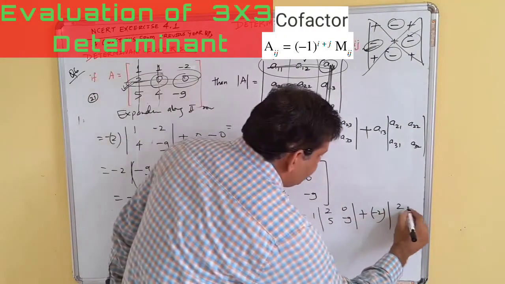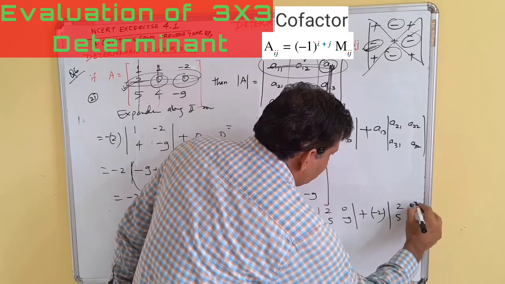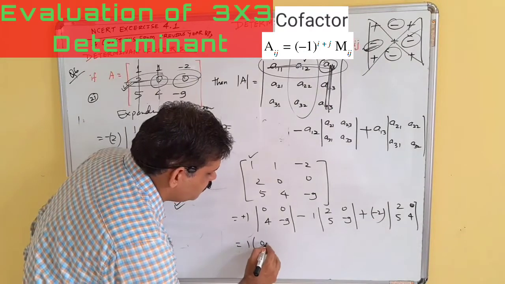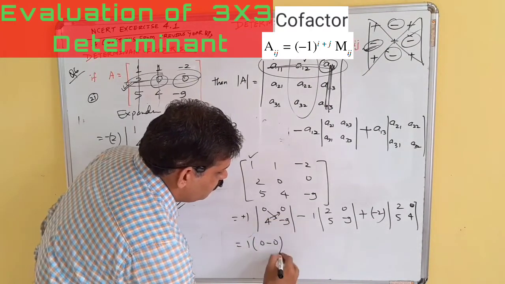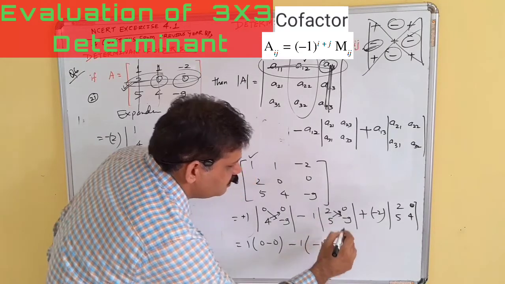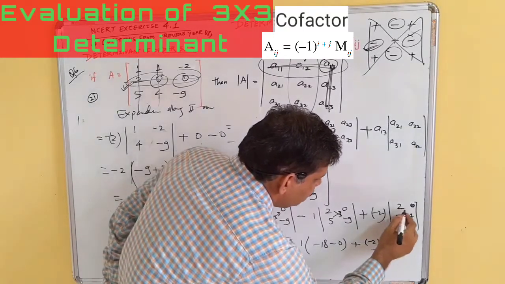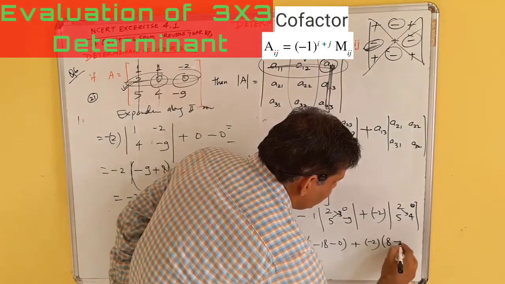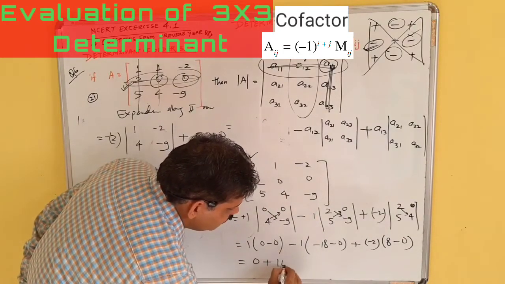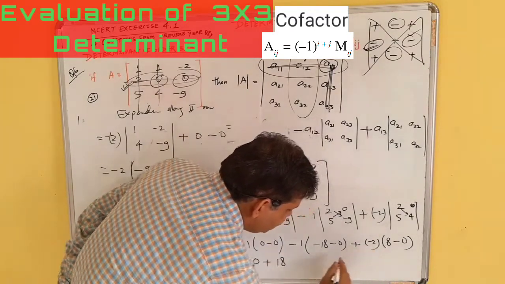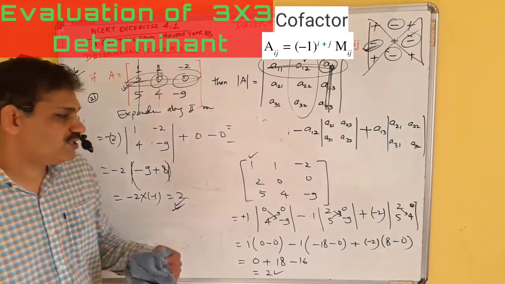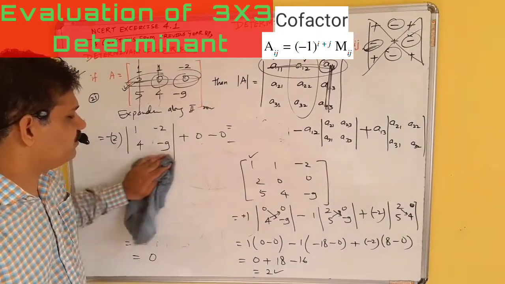रो ये कॉलम छोड़ा 2 0 5 4, देखते हैं क्या बना, 2 ये आएगा कैसे, 1 टाइम्स ऑफ दिस इज 0 -0, -1 टाइम्स ऑफ -18 -0 प्लस -2 इंटू 2 4 जा 8 -0, so this will give us 0 -1 into -18 is +18 -2 into 8 is -16, that is +2, तो आंसर बन जाएगा। हम इसको फर्स्ट कॉलम के अलॉन्ग भी एक्सपेंड कर सकते थे, तब भी इसका वैल्यू कितनी आएगी 2।